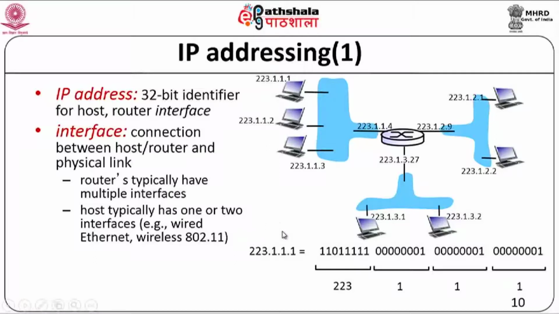Okay. So this is basically what we do. We can say an IP address is associated with each interface. For every interface that a host or a router has, it will have an IP address, because the interface is the one that is connected to the network. So for every network that it is connected to, it will have the network component part of the address, and it will have a host part of the address.